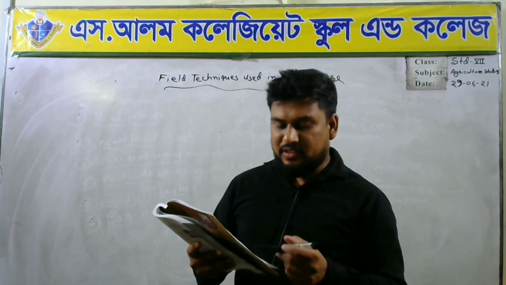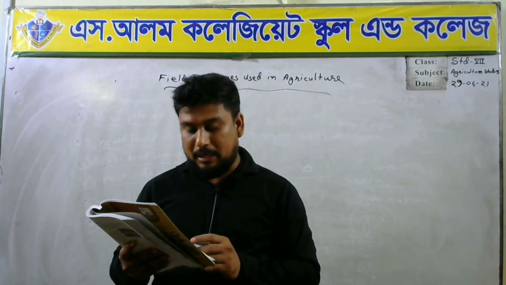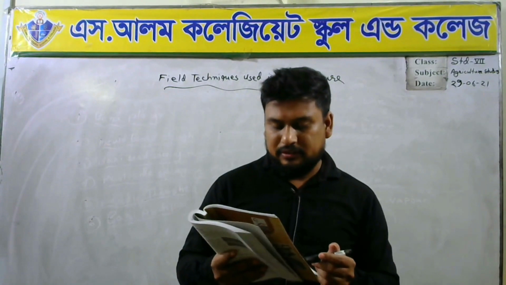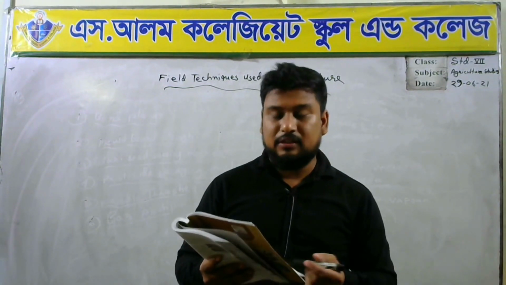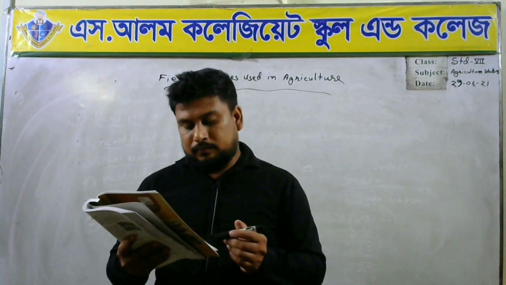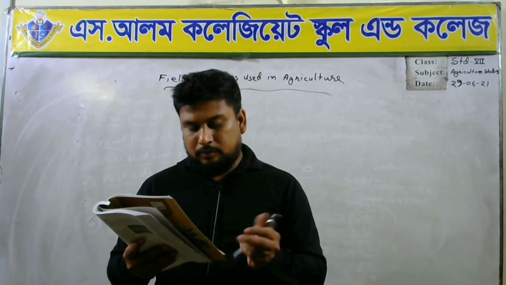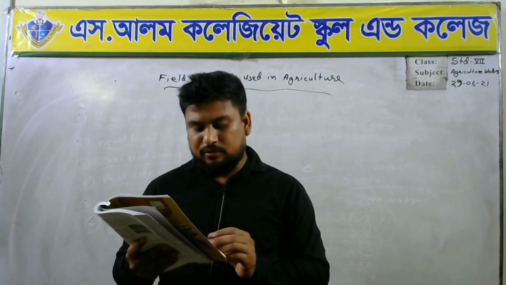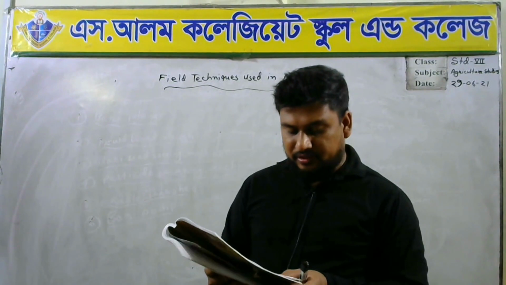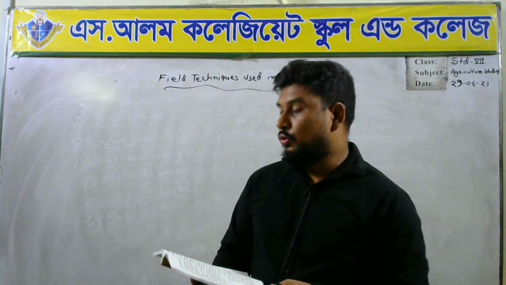Number 6, Muhuri irrigation project. This is called MIP irrigation project. Number 7, Pabna Irrigation and Rural Development Project. It is called PIRDP project. Number 8, Meghna project. Number 9, Karnafuli project, KIP project. Here are the new words: field techniques, evaporation, trickle down, leakage. You have to learn them.